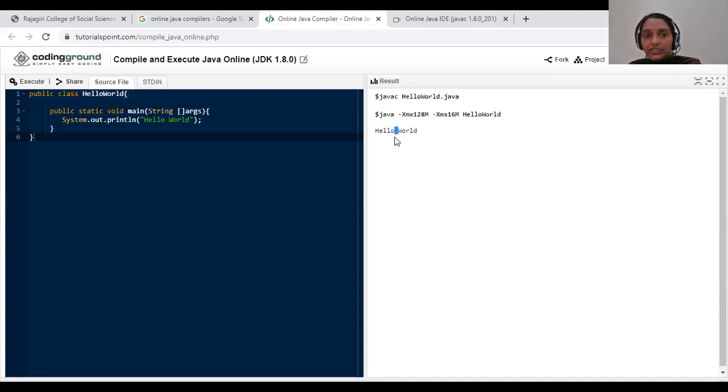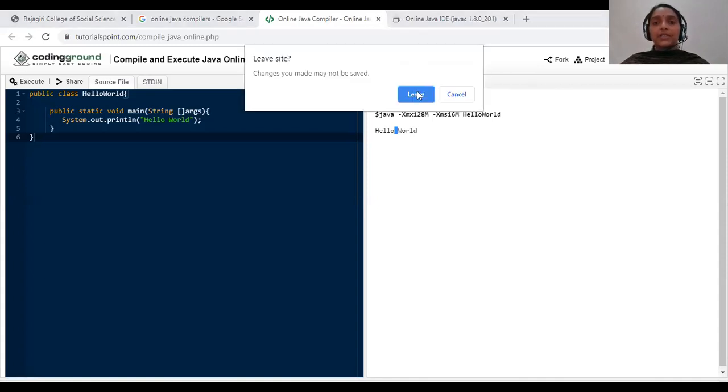Now what we will do is, we will set up your machine together. We will set up your machine with the JDK so that you can write programs anytime, compile them and run them anytime without a live internet connection. Mind you, these online compilers do not help you in writing your program. You have to write the program. They will just help you in compiling and running the program. Now let's see how to set up the JDK environment on your machine.